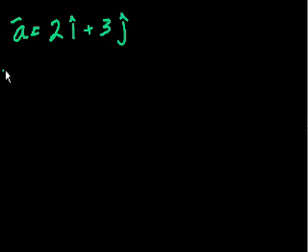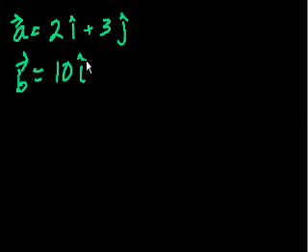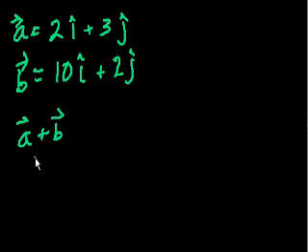So if I define some vector a is equal to, I don't know, 2i plus 3j, and I have some other vector b, this little arrow just means it's a vector. Sometimes you'll see it as a whole arrow. Say b is 10i plus, I don't know, 2j. If I were to say what's the sum of these 2 vectors, a plus b, before we had this